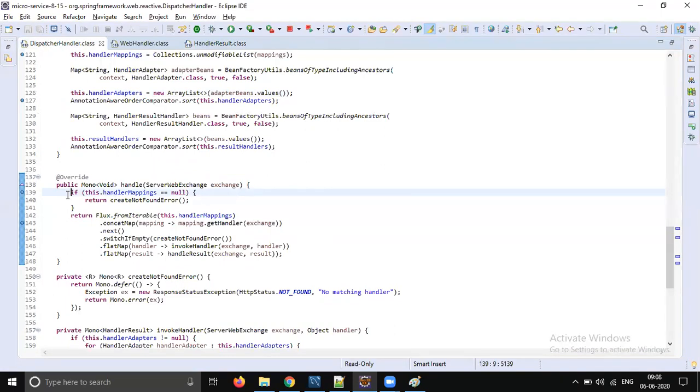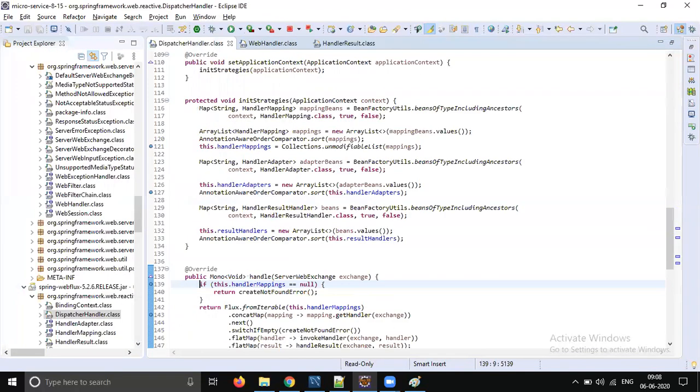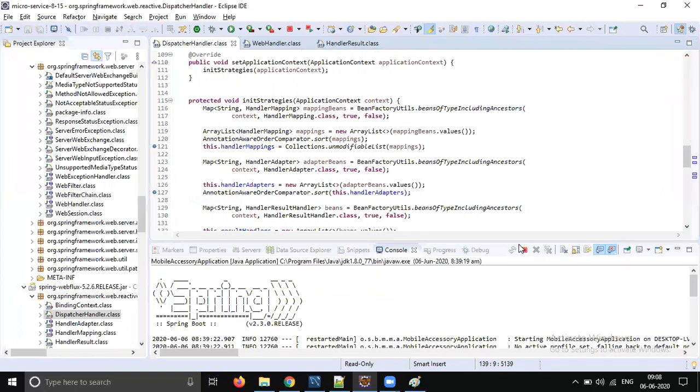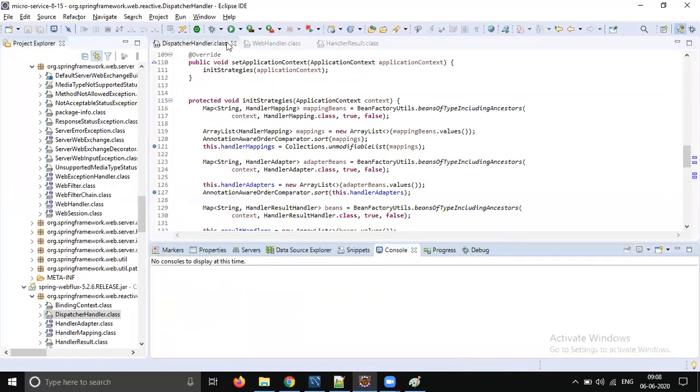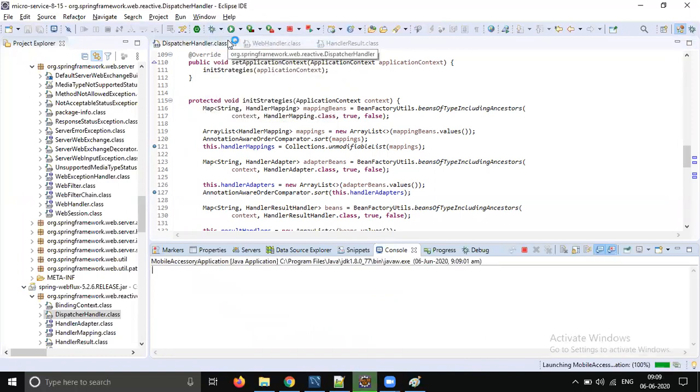Okay, there is no servlet context created. There is no servlet request created, right? It's all because of Netty server. So what we will do, we'll start the server, and we will check whether whatever we discussed is correct or not. Let's quickly start the server. Okay, so let me quickly start the server in debug mode.